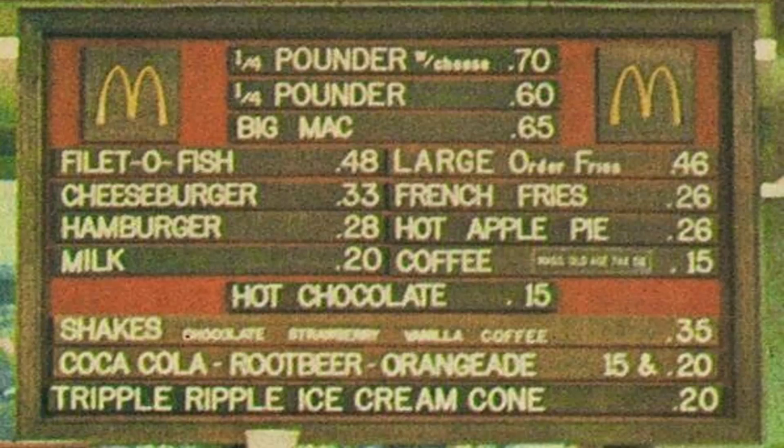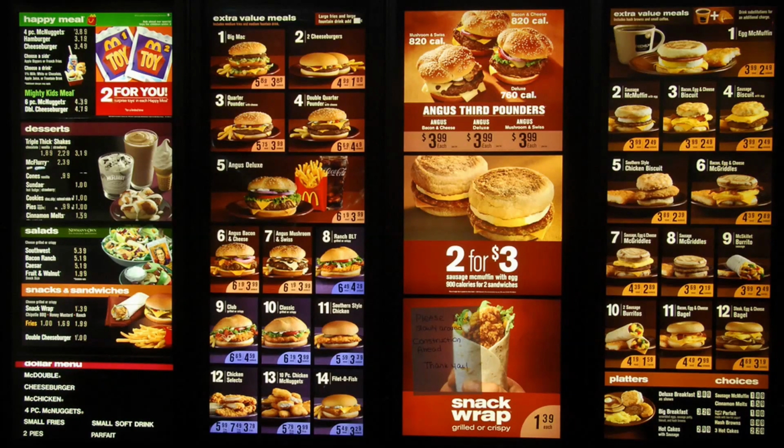Now, of course, the McDonald's menu doesn't look like this at all. And there's a good reason. Well, one, a lot of stuff has been added. They sell all kinds of things that you would never think McDonald's, if you were in the 80s, would ever sell. But they still don't want you to sit and stare at the menu for a long time trying to assemble your perfect meal.